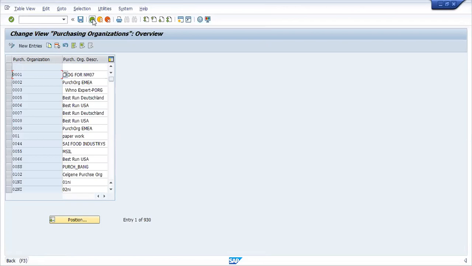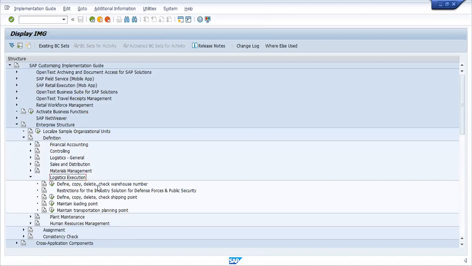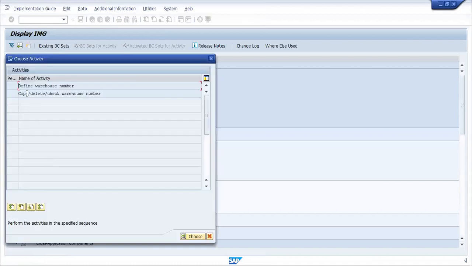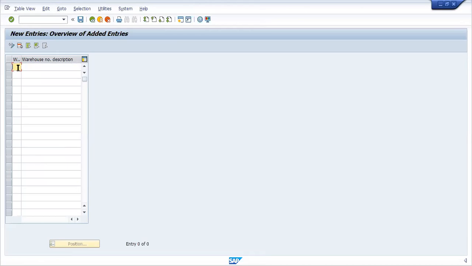In the next step, go to Logistics Execution. Here we have to create a warehouse. Click on define, copy. Here you can copy from a warehouse or you can define a new warehouse also. I will double click on define warehouse number. Just go to new entries. I will create a warehouse number. Warehouse number RAA. Here you can give 3 letters or 3 numbers. Then you write here RAAN, this is ECC